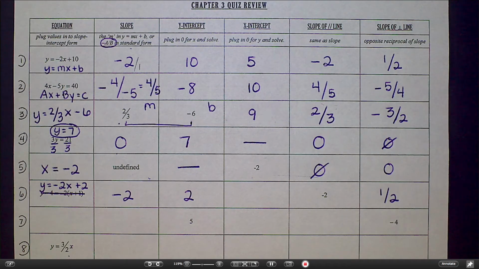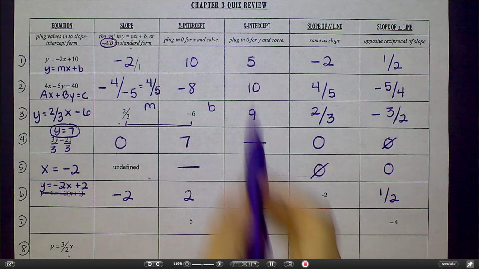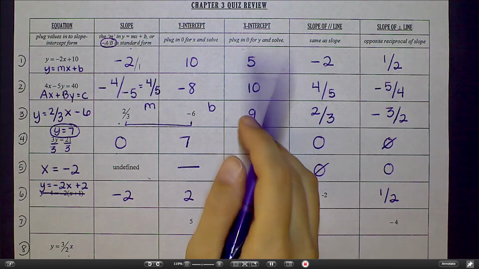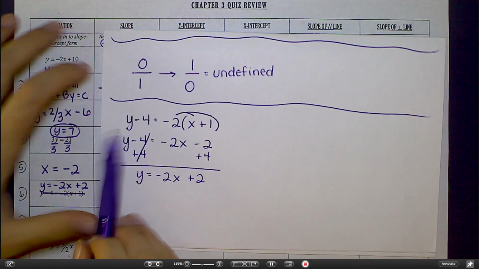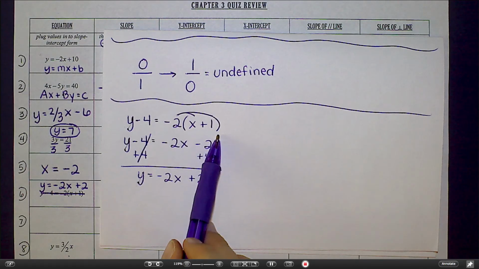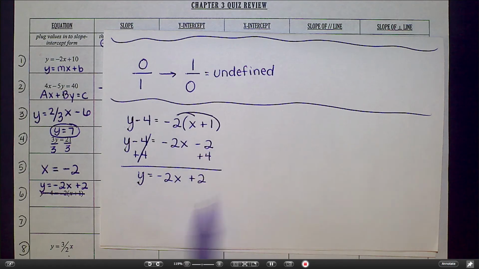Now from here, to get the x-intercept, we're going to need to plug 0 in for y. And you could have done that in the original equation if you had really wanted to. If you wanted to say 0 minus 4 equals all this, you could. Now we've already done a lot of the work here to get this simplified, so I'm just going to plug